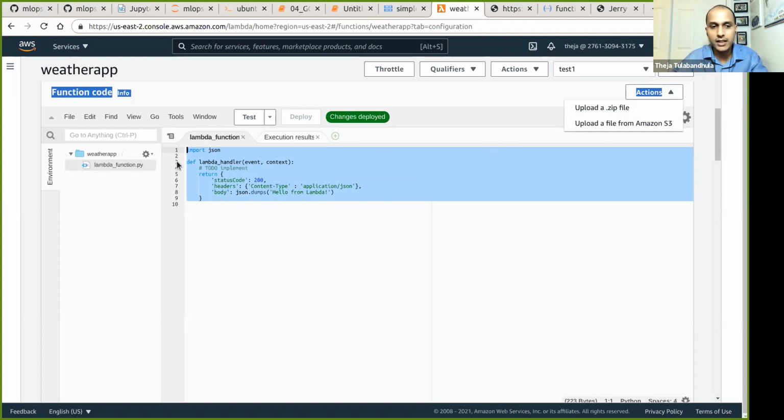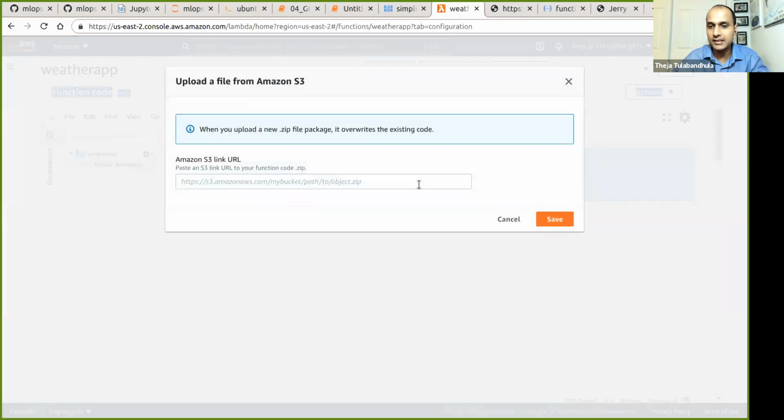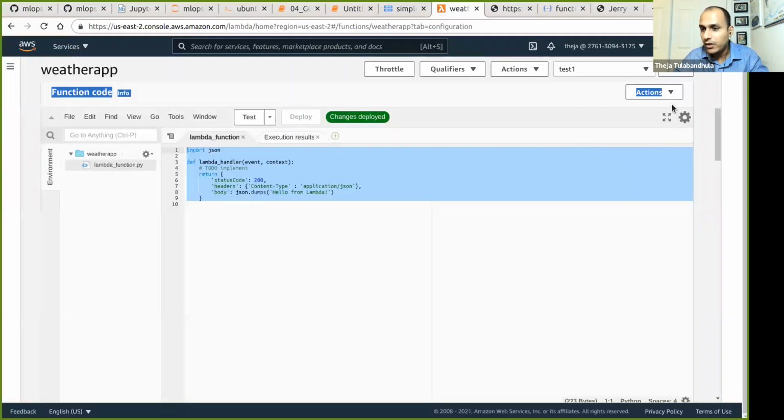If I upload a zip file which has the same file, it'll overwrite it here. That's an even shorter way than to upload a file from Amazon S3. If you click on Amazon S3, it'll ask for the S3 link, and I'll upload the file from there. Uploading a file from AWS S3 is equivalent to getting that model from S3, or from some storage.